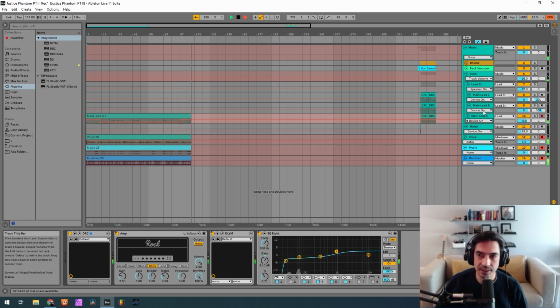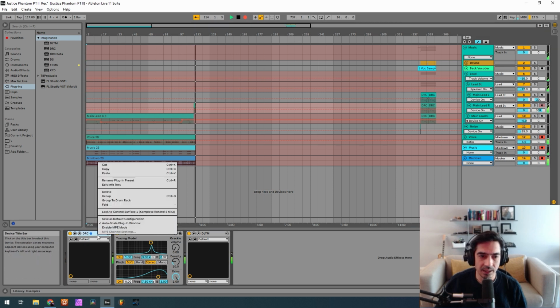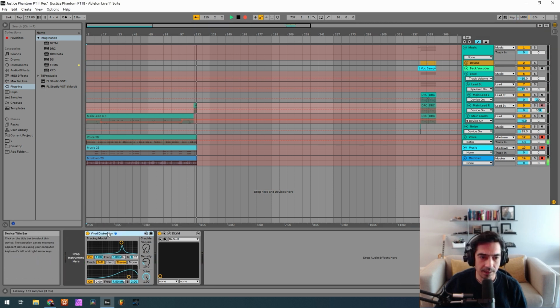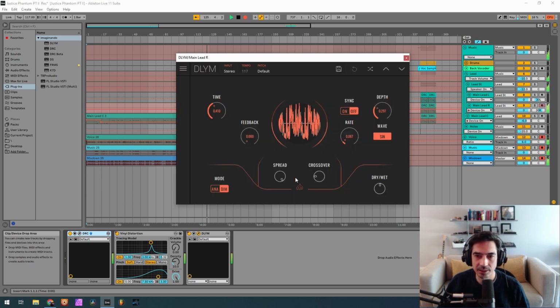So we got the first of the 3 DRCs for the lead. We can actually copy this one, and I'm gonna go to the one on the right, delete this one, and paste it here. And instead of the amplifier and the equalizers, it's the same sound. We have this vinyl distortion that is boosting frequencies and distorting at 3 kHz. Gives this gritty sound. And the delay modulator is basically the same.